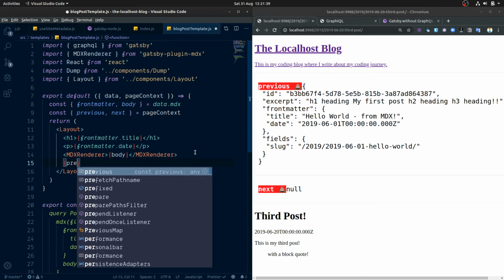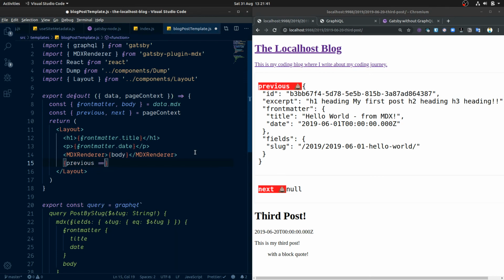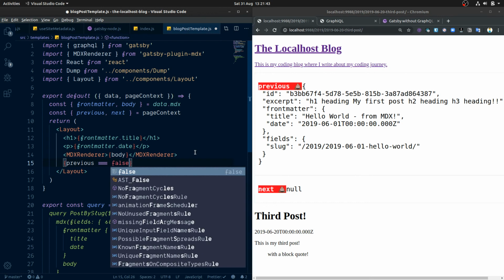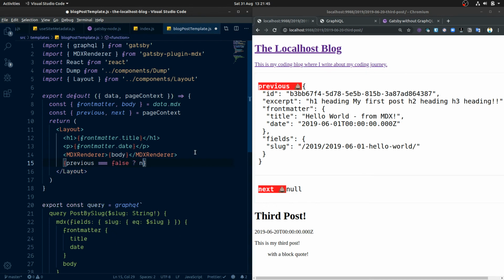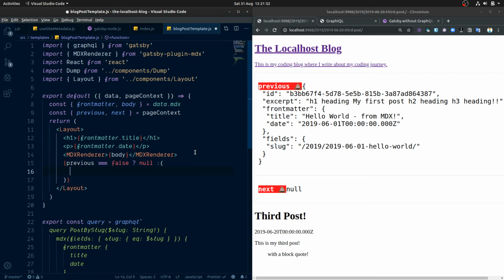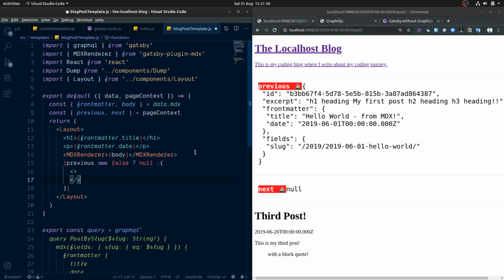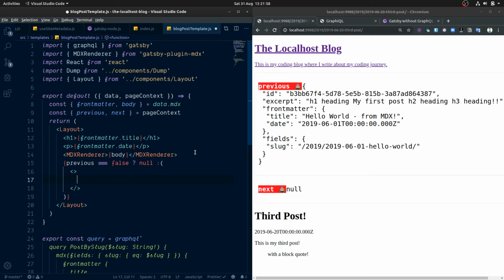So if previous is false, then nothing. Else, we're going to return our previous link, which is going to be inside of some placeholder tags here, and that's going to be some JSX,